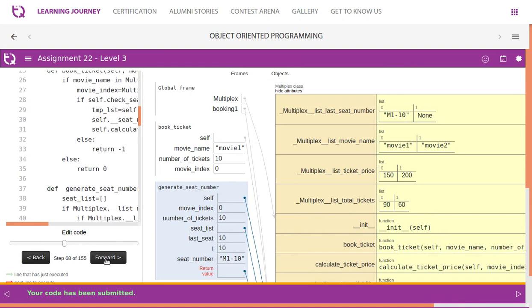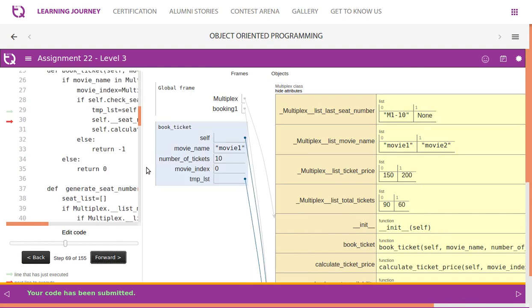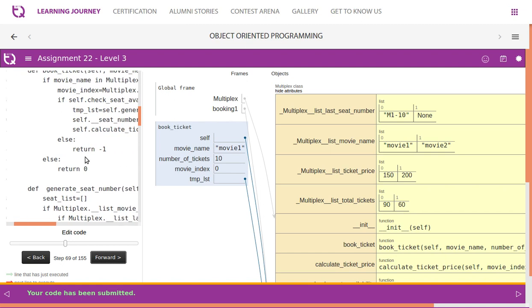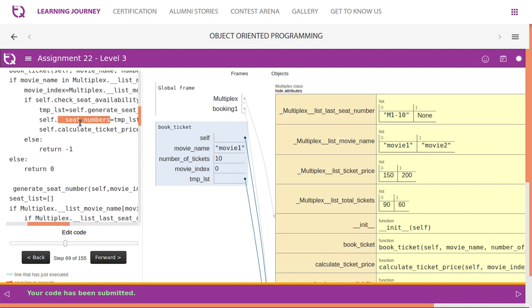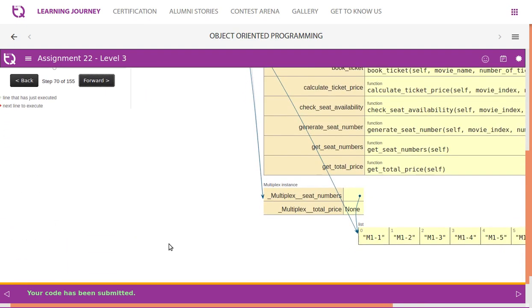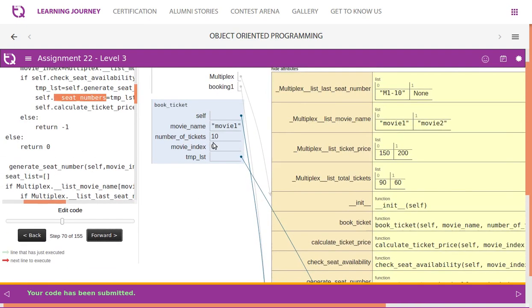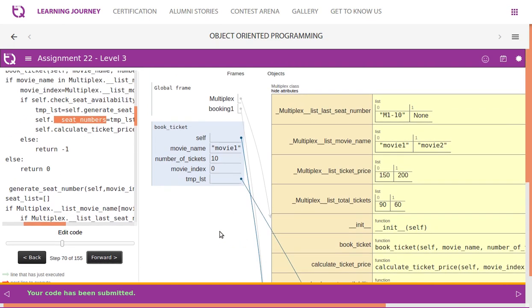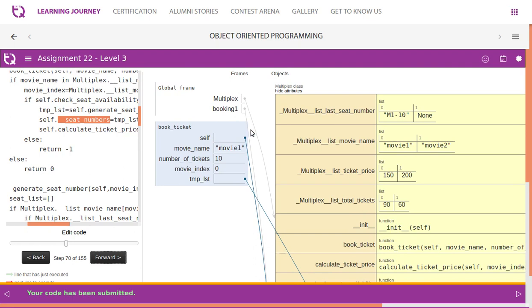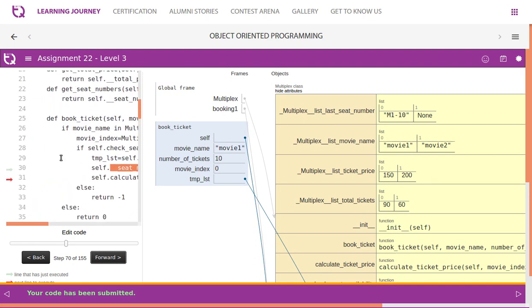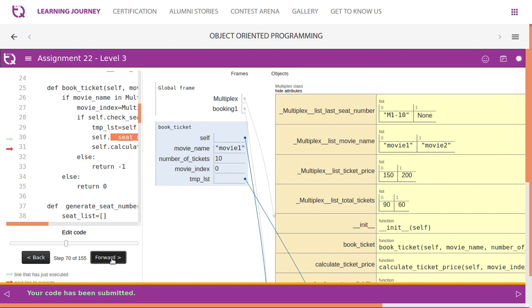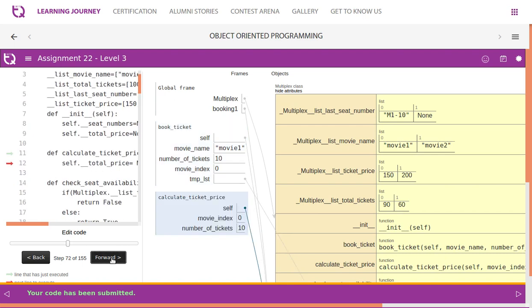In book ticket, in the self we have an instance variable named seat number, and we assign this to it. The temp list is pointing to this, and it is assigned to the booking instance. Then the total price is calculated, and finally we get it.